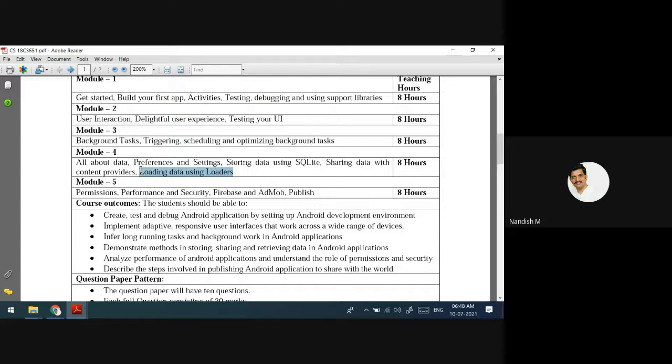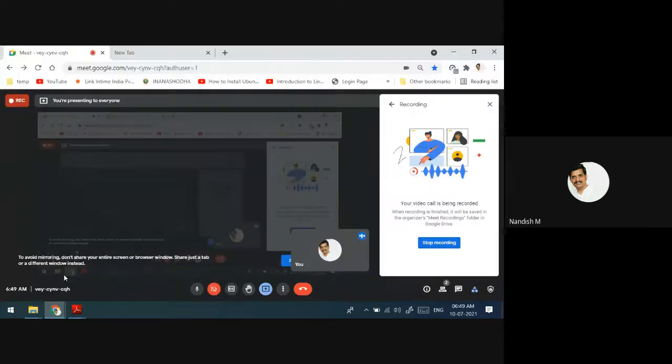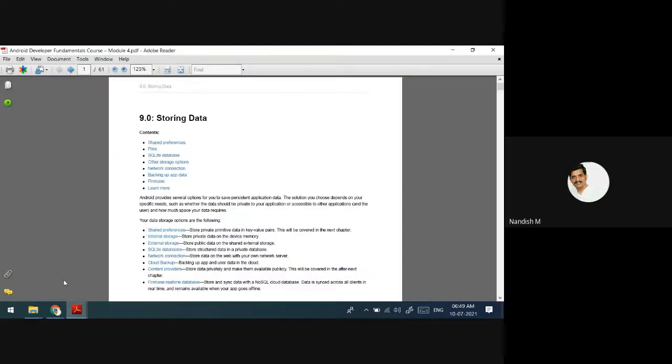Now we are going to discuss module 4. We have already covered four modules and we are discussing the last module. Compared to the other modules, the information in module 4 is somewhat complex to understand. It is somewhat advanced information for you, since you are from different backgrounds.